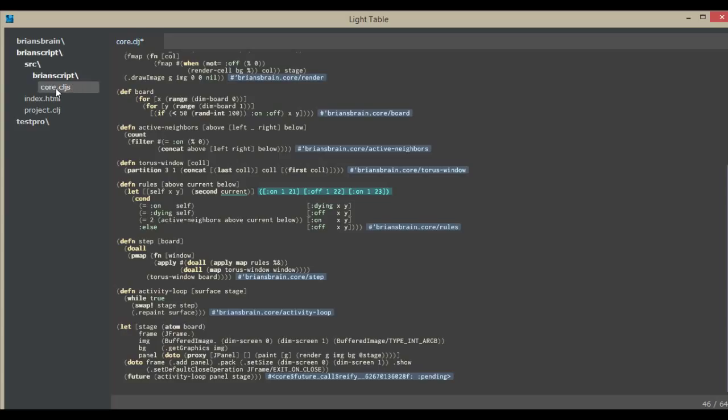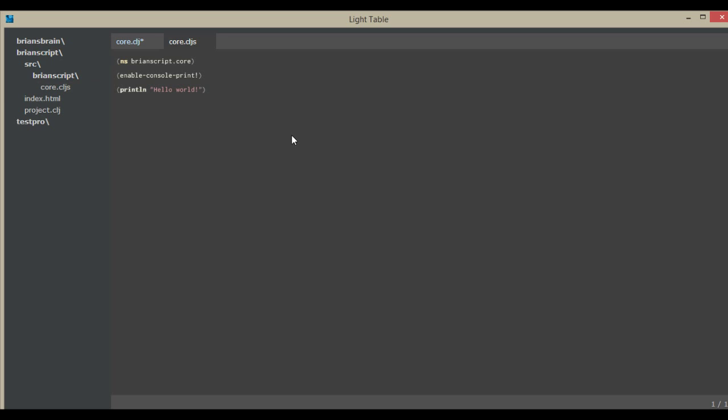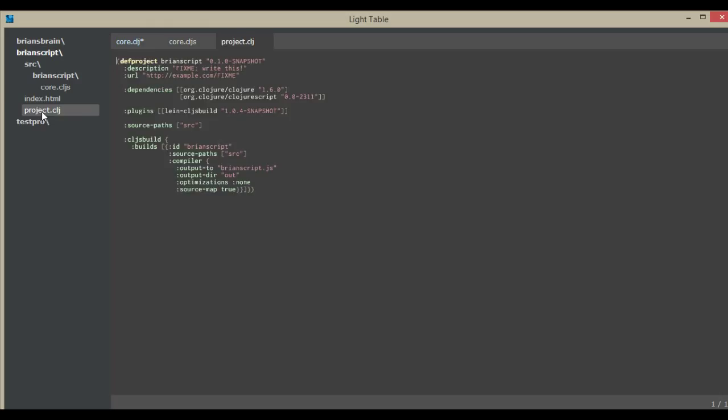So this project contains a CLJS file, which is not very different from normal Clojure, but this compiles to Clojurescript instead. And the project CLJ will have some new stuff, like we have Clojure and we also have Clojurescript. And then we have this very helpful plugin, CLJS build, which allows us to compile the